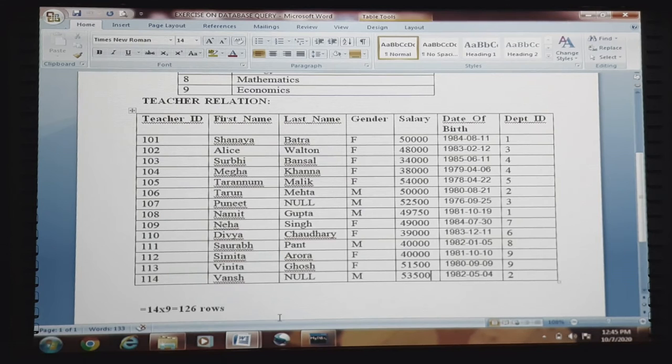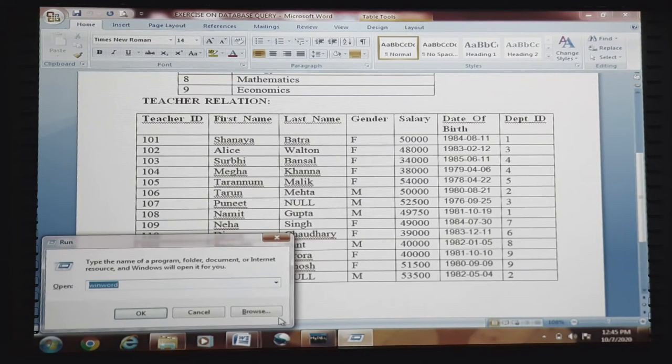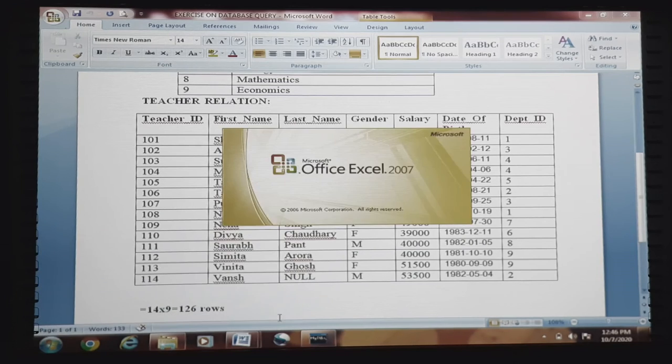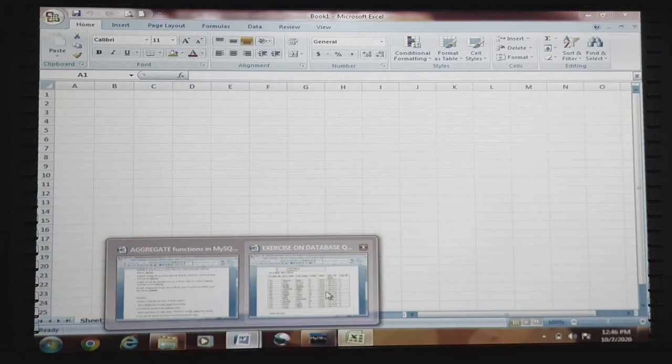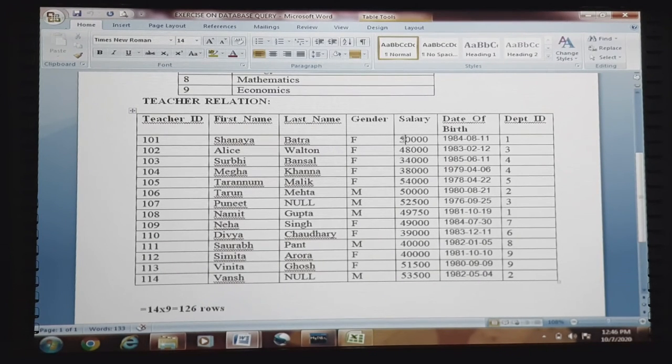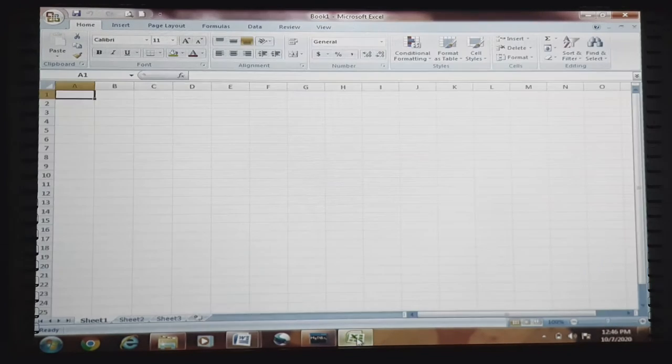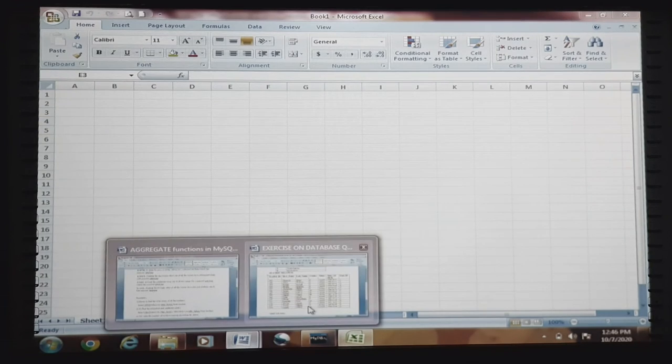Now, in order to check it, one way is by means of Excel. Open an Excel sheet. Simply copy and paste all the salaries in adjacent cells. Suppose I have copied all the salaries in adjacent cells.